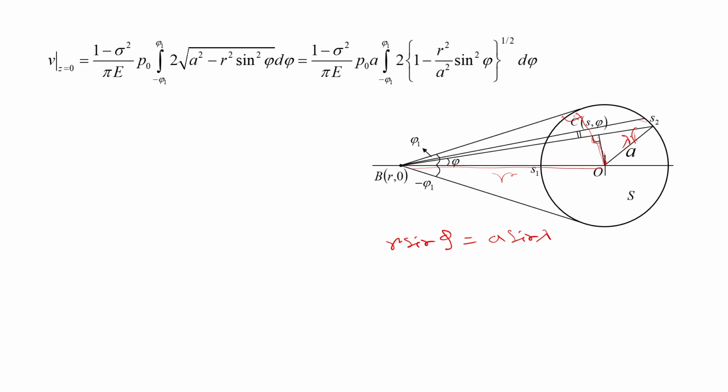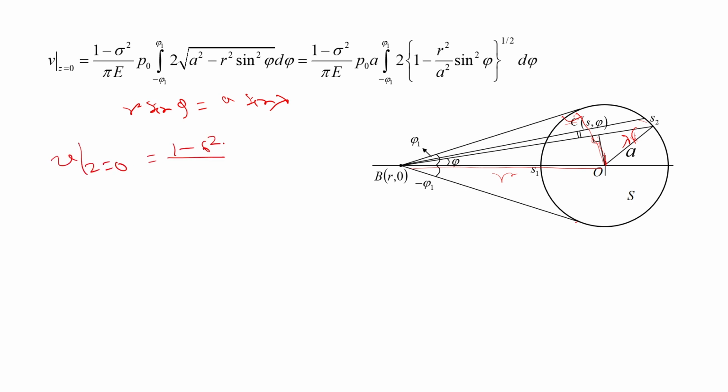Okay. So, this angle will become pi by 2 here, and for this point it will be minus pi by 2. So, we have this transformation now, that I will write here: r sin phi will be equal to, let us say, a sin lambda, and therefore I will have this v at z equal to 0, equal to 1 minus sigma square by pi e here, and